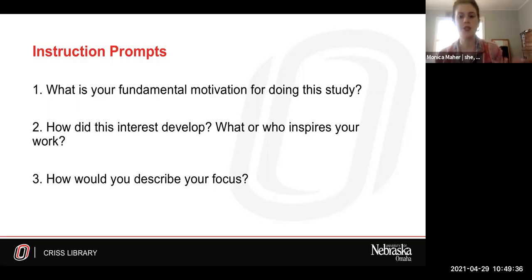These first 3 questions I feel are really great for those students who are just embarking on their dissertation or thesis. A lot of these questions are ones that the students already have the answer to. So these can help you to build that trust and that working relationship with your student. It can help you to understand their research topic better, and it allows them to become more familiar and more confident when they're discussing their research.